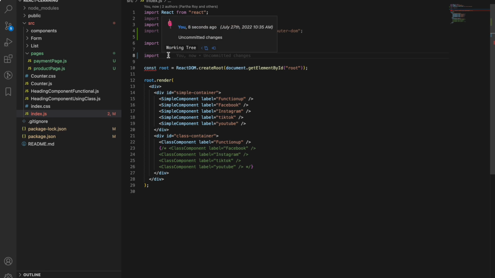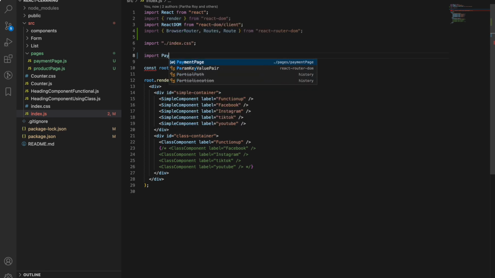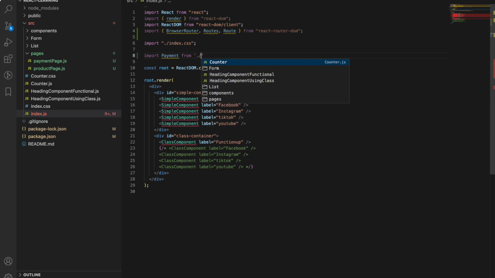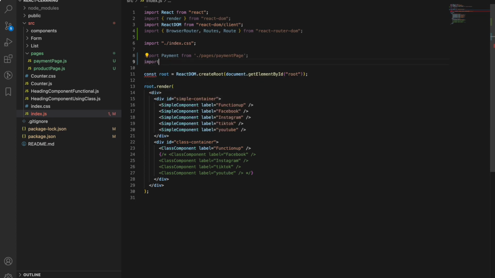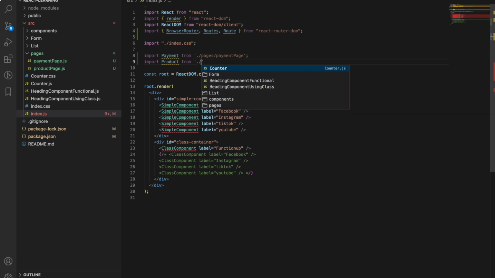Okay, so what I'll do is I'll import the payment page from pages/payment page, and I'll import product from pages/product. Okay, so these two things I will import, and for those two things they will be rendered